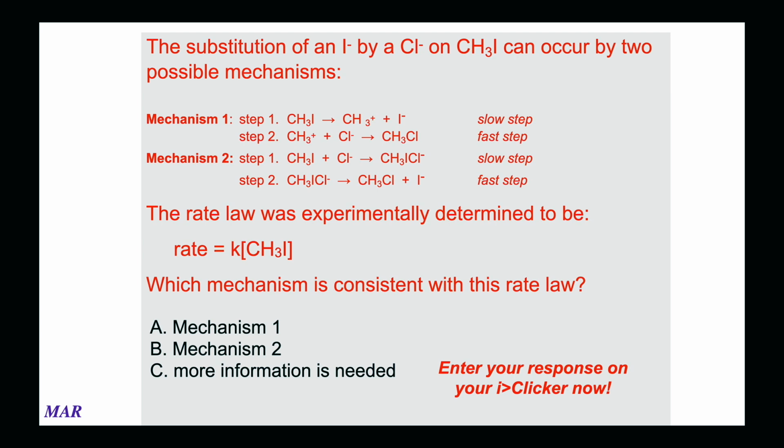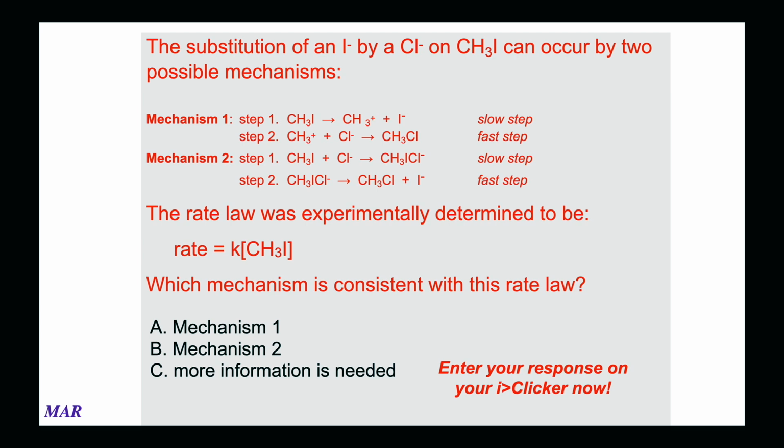You can see that in mechanism 1, the slow step is the methyl iodide, CH3I, breaking down into some weird stuff, and then that reacts with chloride to make CH3Cl. In mechanism number 2, the methyl iodide is reacting with chloride directly to make CH3ICl, a 5-coordinate carbon species. That's going to be slow because that's not easy to do, but that will then subsequently break down further into methyl chloride and iodide. So what they found when they actually measured, in the experiment part,